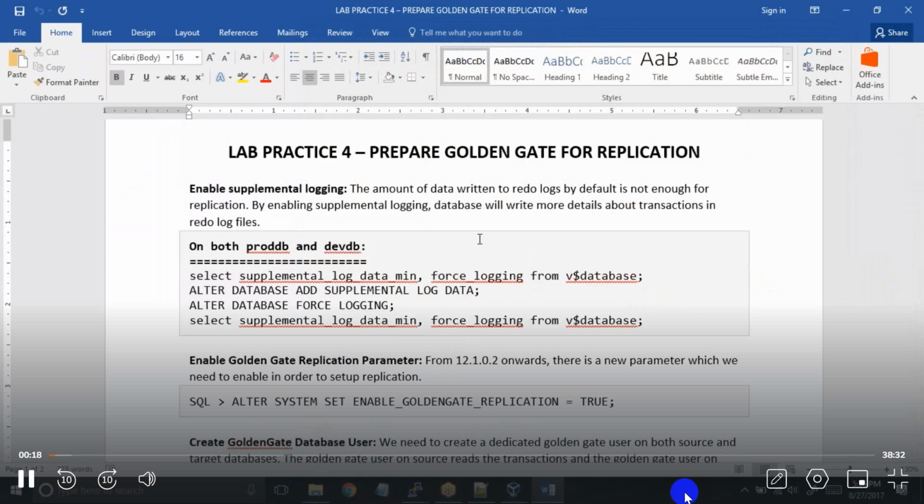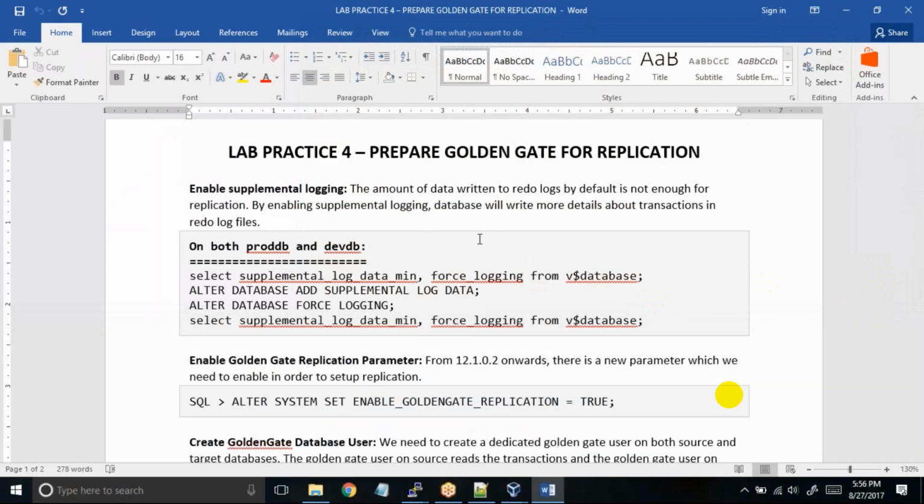Many people fail to understand what this supplemental logging is. So what is the meaning of supplement? It is nothing but having something extra, right? Extra apart from what you have. For example, people take supplements for making muscles. That means it is something extra in order to build the muscles, right? Whatever diet they are having, still they need some extra supplements in order to build the